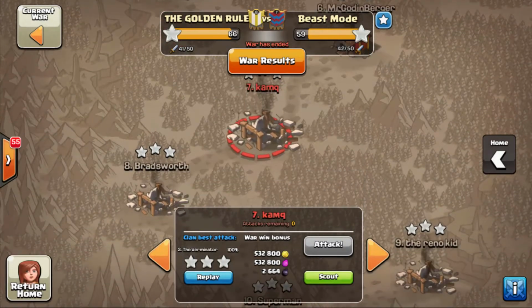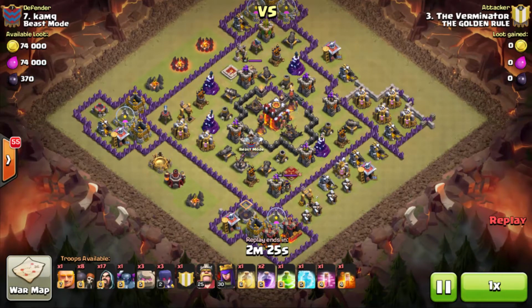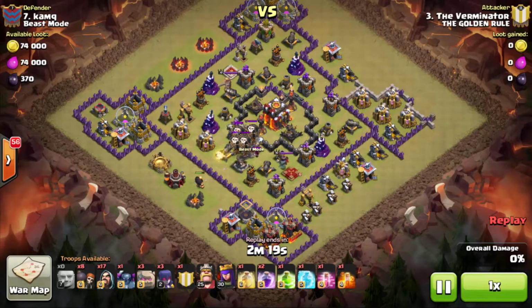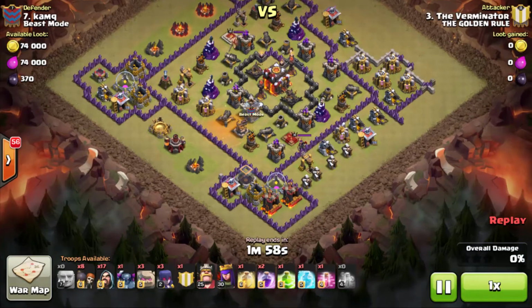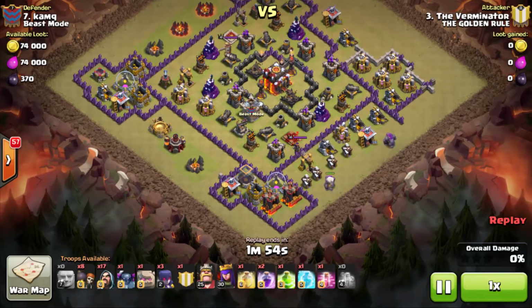Going on to the next attack against their number 7 by the Verminator. It was a pretty low level Town Hall 10. Pretty much all he had for Town Hall 10 was those Infernos, and they're level 1, so they didn't do much at all. He lures out and kills the balloons with poison. Then, I don't want to say it was spam, but he drops all his troops on this side in a big long line, and